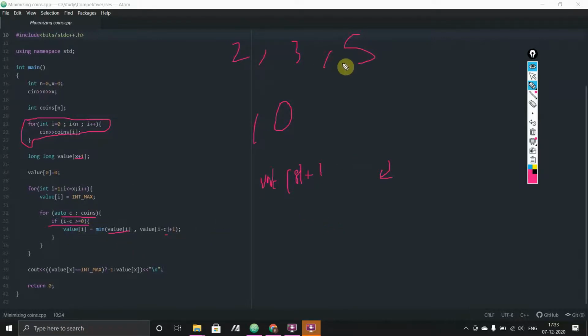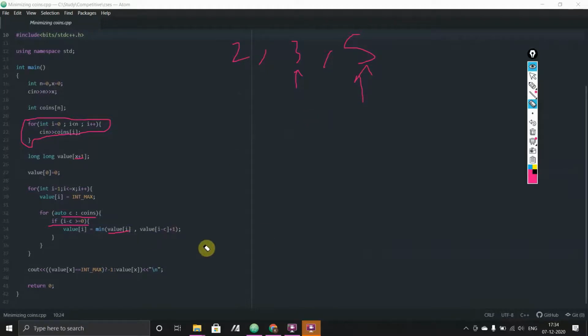And next time, for C equal to 3, it will again be the minimum of value of this or value of, now it will be 7 plus 1. And similarly again for 5, it will be the minimum of these two, whatever is minimum, and it will check it with the minimum of value of 5 plus 1, because we will subtract 5 from it as we had already taken 5 in one of the operations. Okay, so I hope this makes sense.